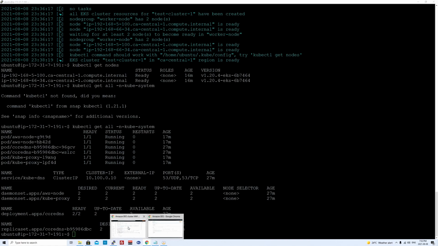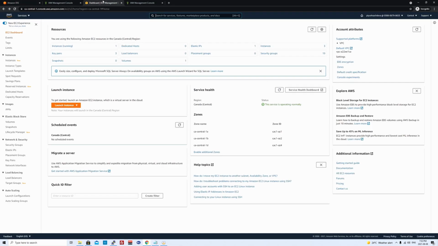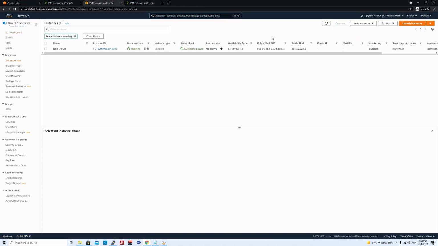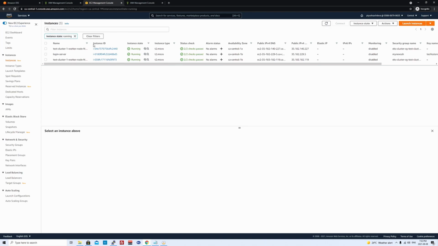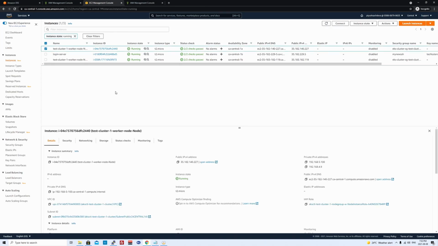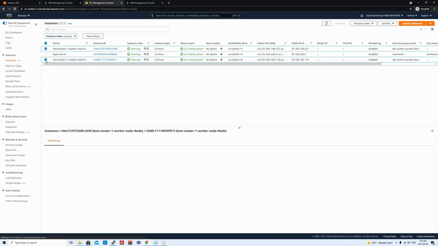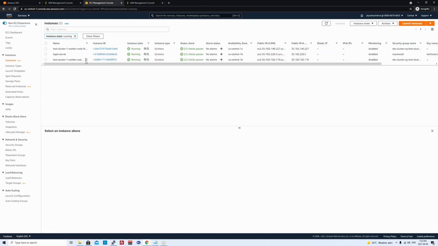And now let's go ahead and see the different components from the console as well. If we go to the instances, I hit refresh, we see two worker nodes over here that have been created just now. And if we go to the VPC, there'll be a new VPC and new subnets that would have been created. There'll be a cluster IAM role as well, and IAM profile as well. So everything was created by that CloudFormation stack, and it was created by eksctl with just one single command.